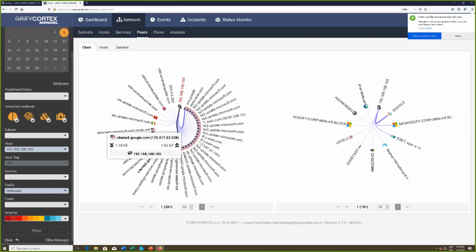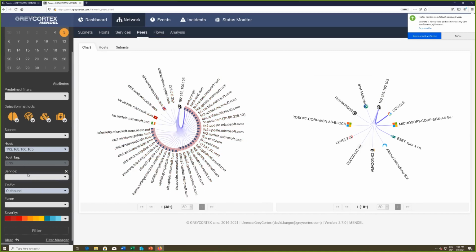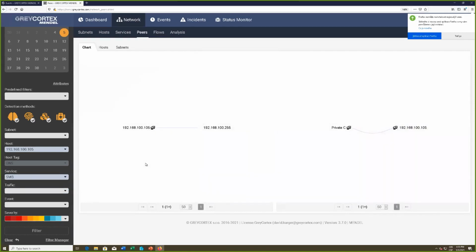If you would be interested whether this system is, for example, connecting somewhere using the SMB protocol, I can simply use this service filter. I will type SMB in it, and I will delete the outgoing filter, so we can see whether this system is using the SMB or not. And as you can see from this communication, the system is giving us the information that this particular host is using the SMB protocol to connect to the IP address